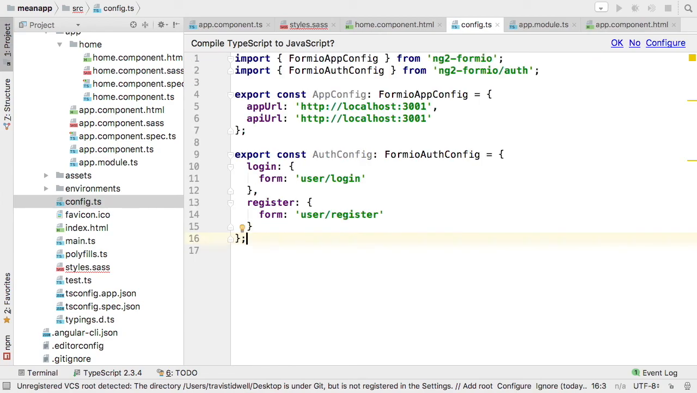So while you guys are doing that, let me explain what's going on. The very top lines are things that I'm importing from that module that we just installed. One of them is the app config, which tells the application where our API is and where to point to in the API. And the other one is the auth config. And we're pulling that from auth. That tells the authentication provider where the forms are that we're going to be rendering. So you'll see this says user login, user/login,